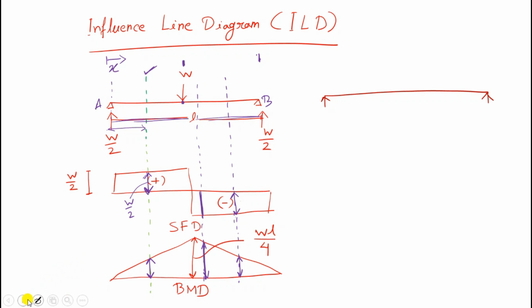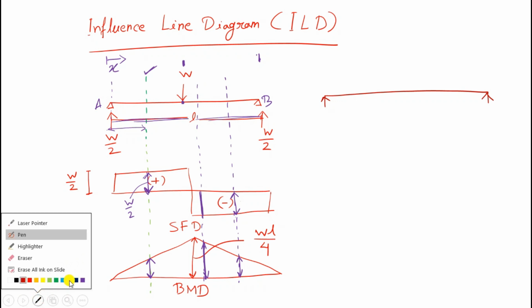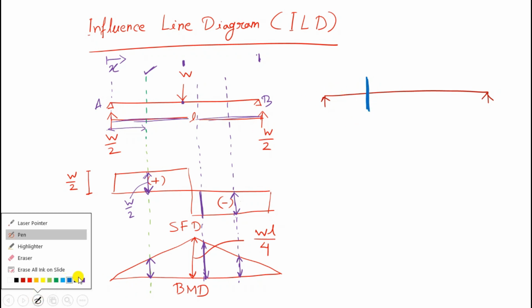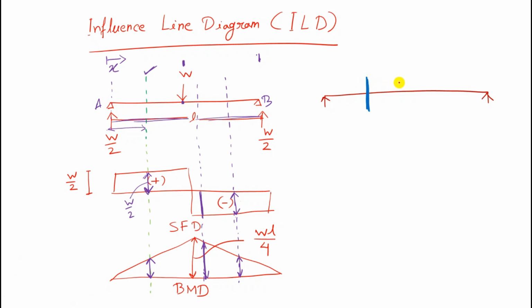Now we have a particular section. So say maybe this is the particular section. Okay, the section is fixed at this point, and the load is moving. So it may be at this point, load W. It may be at this point, or at this point, or at this point. Whatever it is, the load is moving. Okay. Now we have to find out